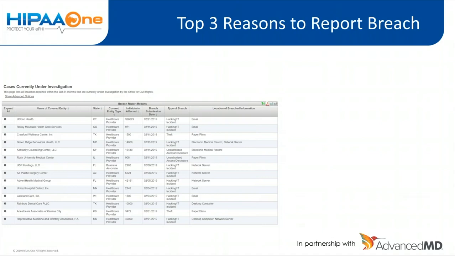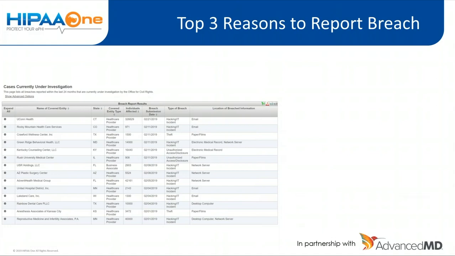Well, guess what? Today, hacking IT incident. Just have a look at the type of breach. Hacking IT incident is dominating the reasons why people are reporting a breach. We're still having problems with theft. Unauthorized access or disclosure, up until the end of last year, was still the highest occurrence